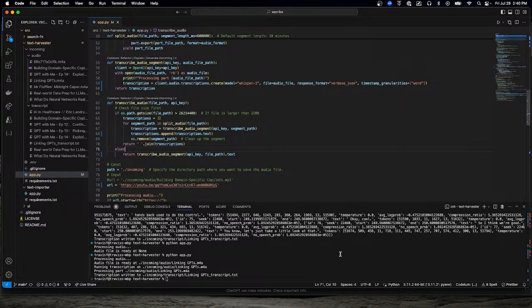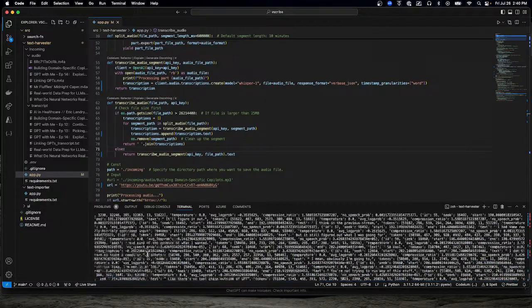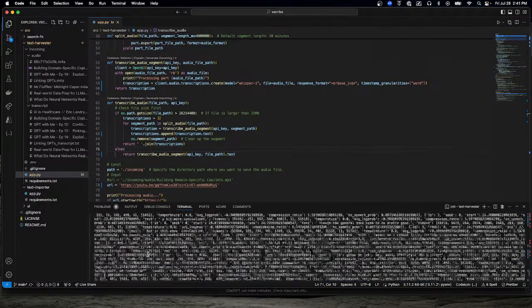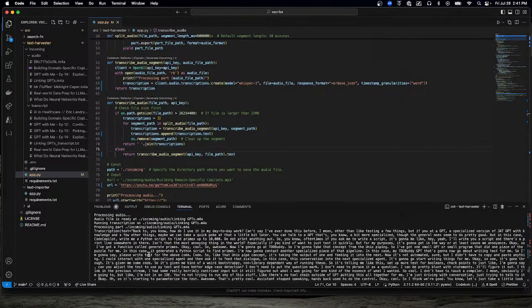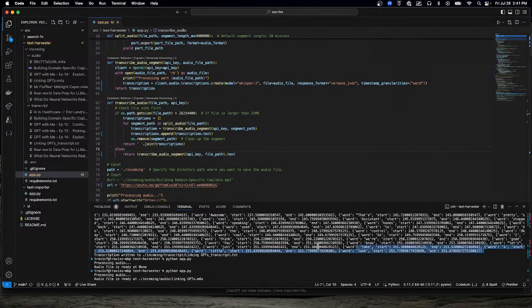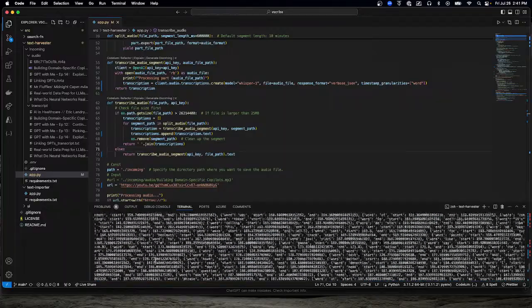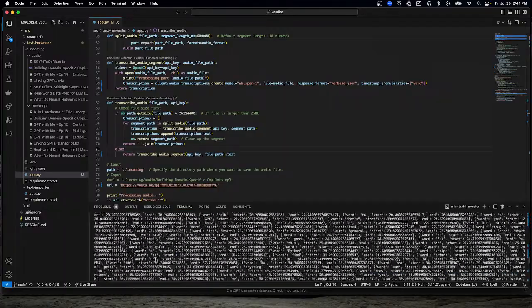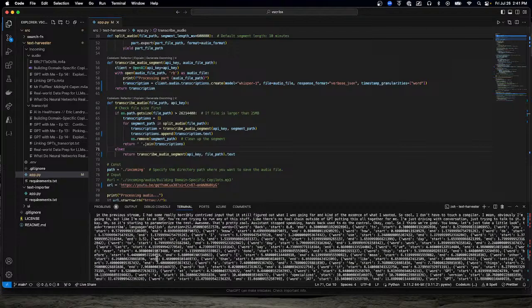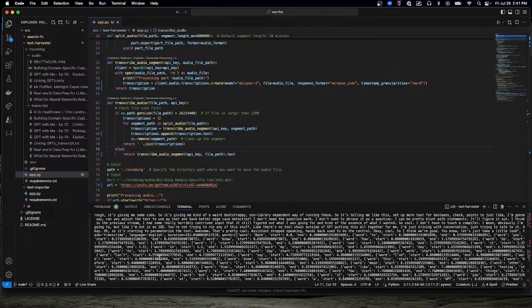Interestingly, I wonder if I send it to that one. I've got the output, just being lazy, right? This one. Got all that.